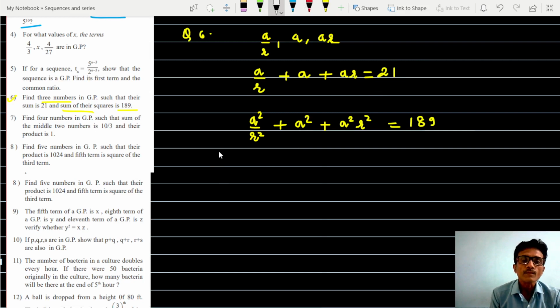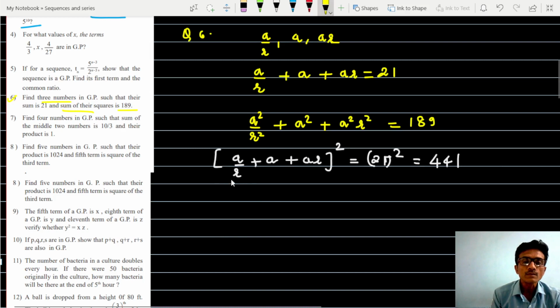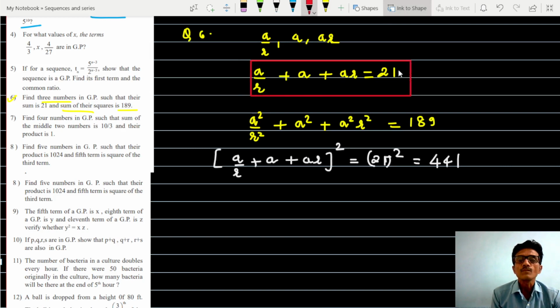So squaring this first equation, A upon R plus A plus AR, we will square it. 21 raised to power 2, the square of 21, which is 441. Then squaring this bracket, what will you get? Let's square this. On squaring this you will get A square upon R square, A square and A square R square,